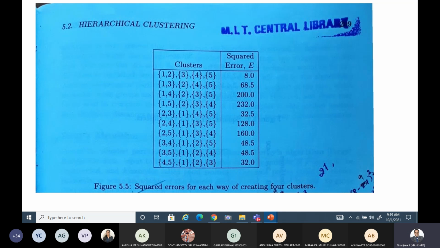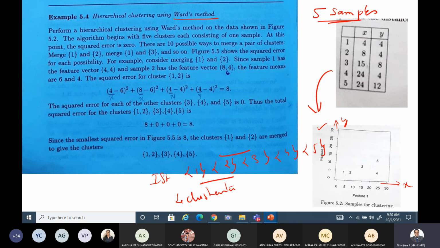So I said that these agglomerative methods are iterative approaches. In each iteration, you will be merging 2 clusters. Now in the first iteration, we need to decide which squared error is least. That is why we listed all possible cluster combinations here, and nearby we estimated the squared error. Now let us see the first one and check how it is calculated. The possible approaches one by one, later you can easily understand once you understand the first one.